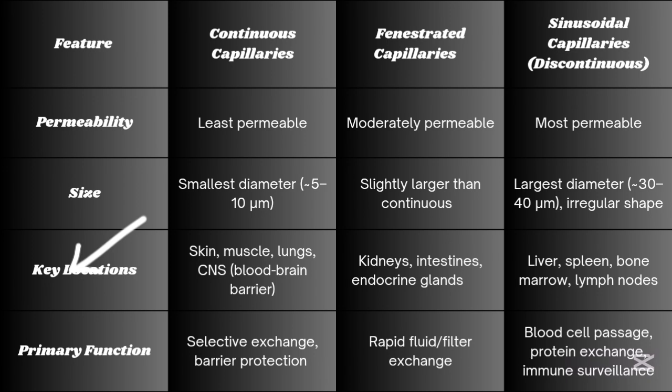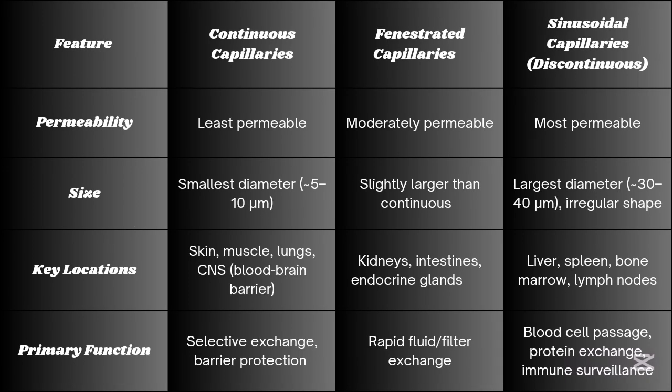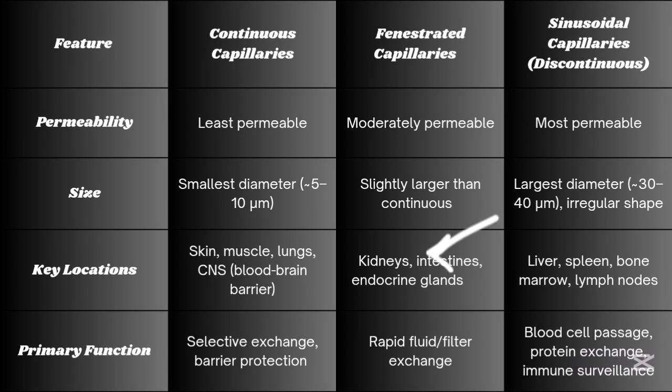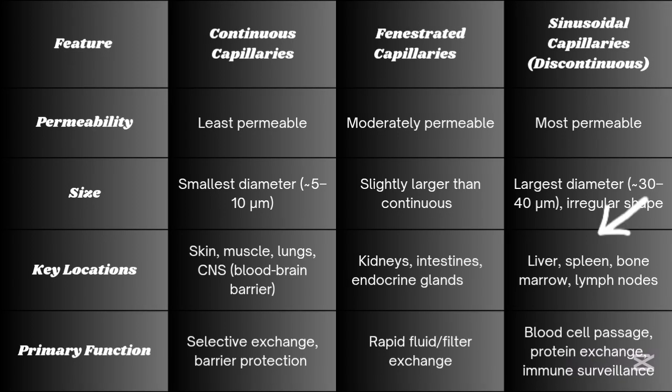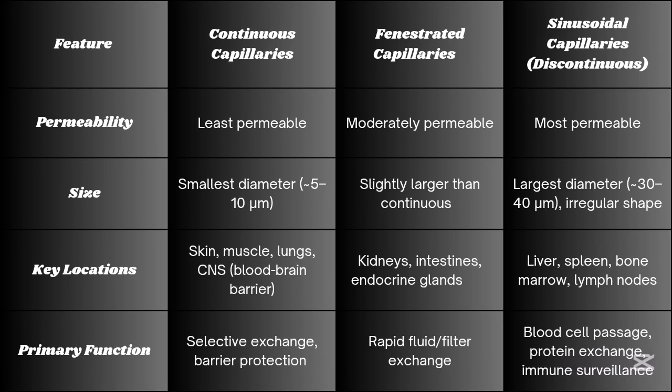Okay, now key location. The continuous capillaries are present in skin, muscles, lungs, and CNS. Fenestrated capillaries are present in kidneys, intestines, and endocrine glands. You can see that their location is where reabsorption or absorption or some exchange is taking place rapidly. Now sinusoidal capillaries are present in liver, spleen, bone marrow, and lymph nodes, and their location is very